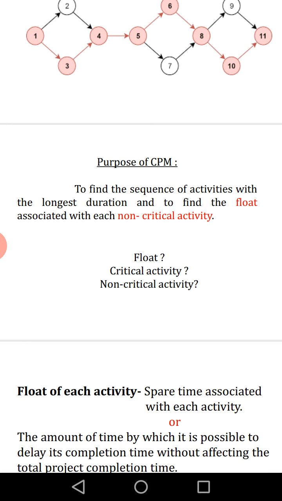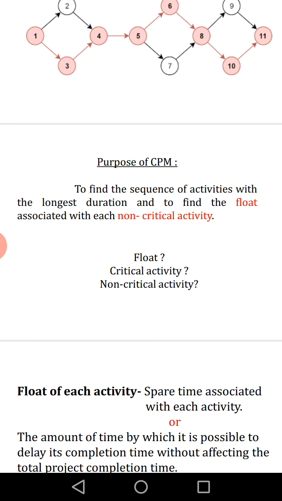Now, when you are going through this particular line, the word float and also the words non-critical activity seem to be a little new. So once again, the purpose of CPM is to find the sequence of activities that has the longest duration, with the aim of finding the float associated with each non-critical activity.